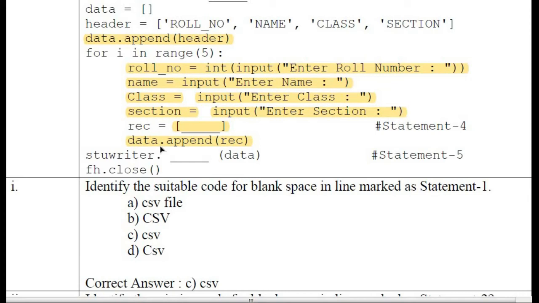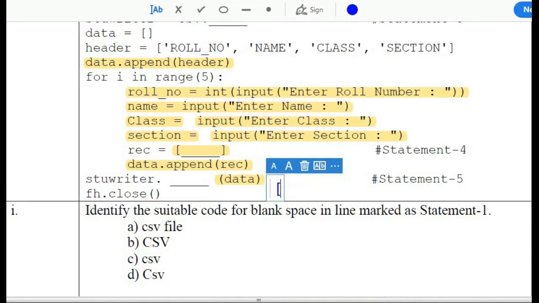Listen carefully. What is the argument given here? It is data. What is there in data? First, this list is appended. That is the heading. So data contains first this list header. Then here we created a record using these values, and that also appended to this list data as the next element.